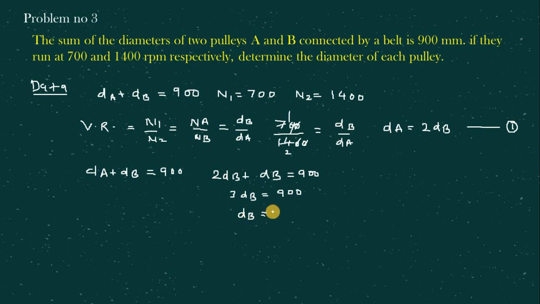So the diameter of the B pulley is 900 divided by 3, which is equal to 300 mm. Now we can calculate the diameter of A, that is nothing but twice the dB, which is equal to 600 mm. In this way you can solve the numericals on